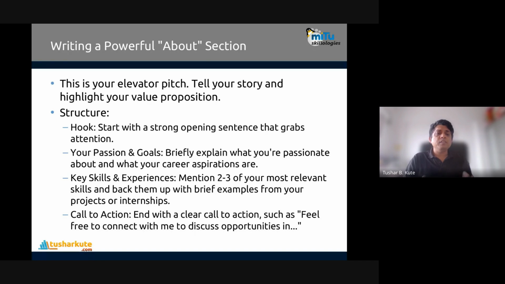Or it may be in very short and sweet form, it can be written. Key skills and experiences: mention two, three of your most relevant skills, and back them with brief examples from your projects or internships that can be added. Or a call to action, a clear call to action, such as feel free to connect with me to discuss opportunities in